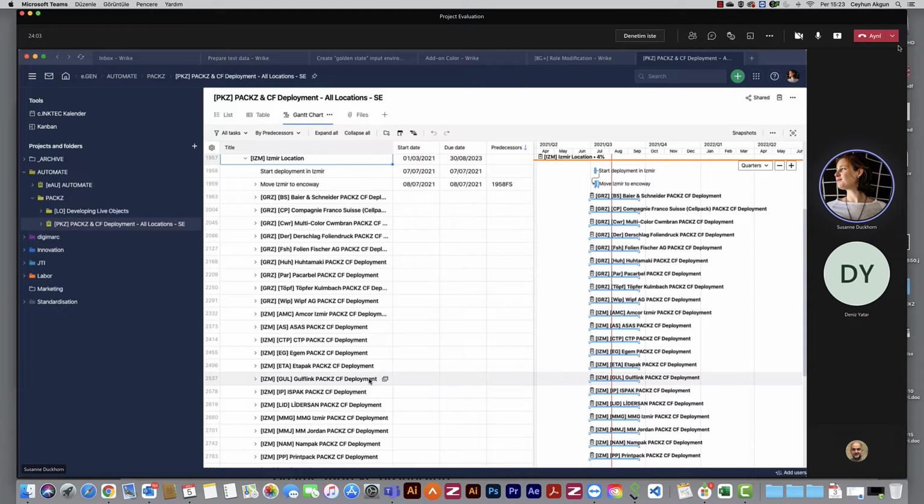But if he wants to work on this, and if you maybe, as a repro leader, say, okay, he should work on this, then my suggestion would be to analyze the customers you have in Izmir. So not the smart sourcing customers, but the customers you already have, and analyze which customer would be preferable in moving to PAX. Okay.